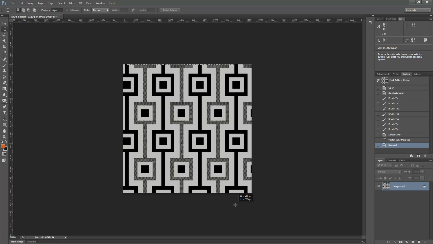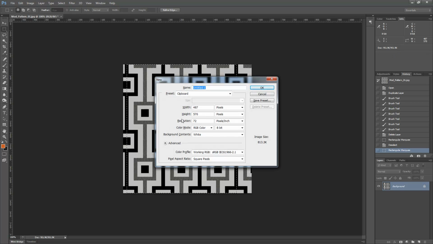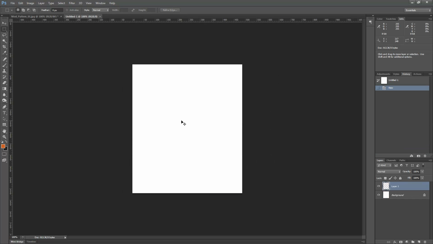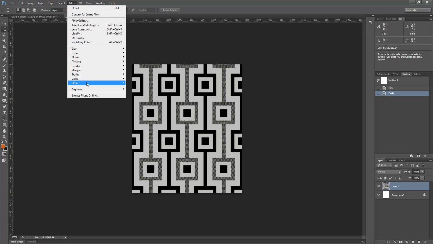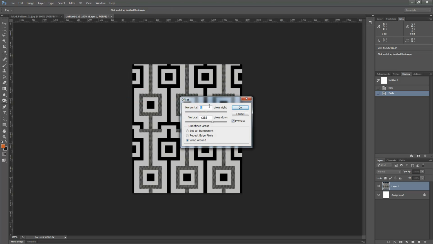So I'm going to come in here, and then I'm going to cut this one in half, that if I do that, so if I hit Control C, and then Control N for a new image, and then Control V, that if I now go into Filters, Other, Offset,